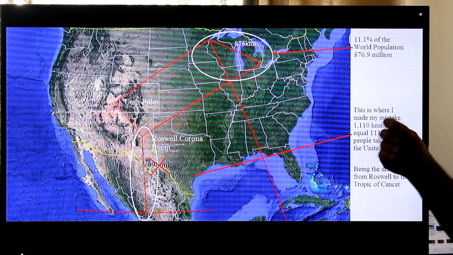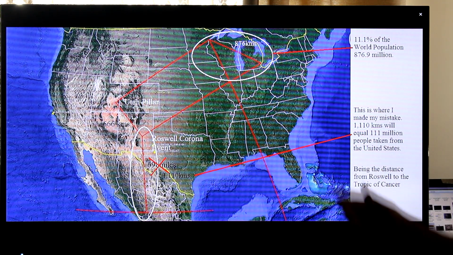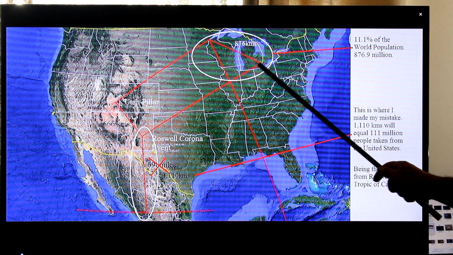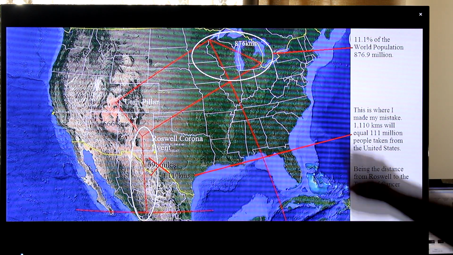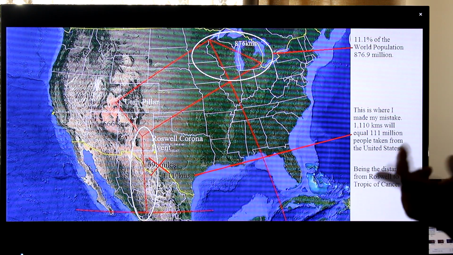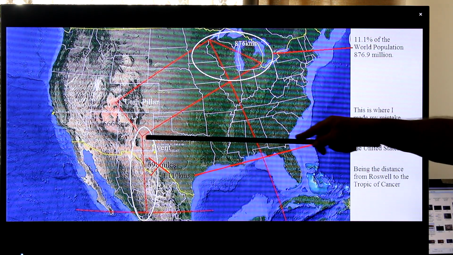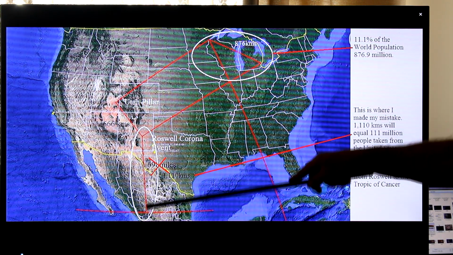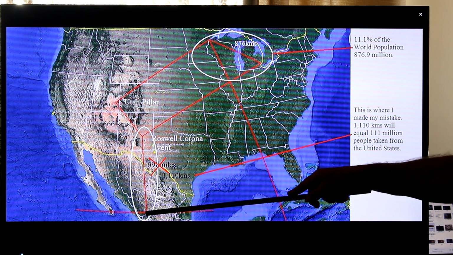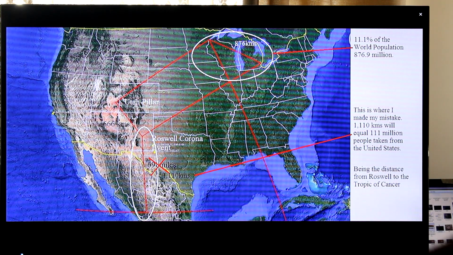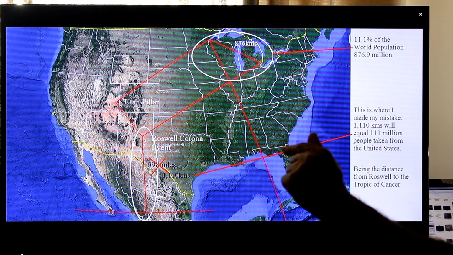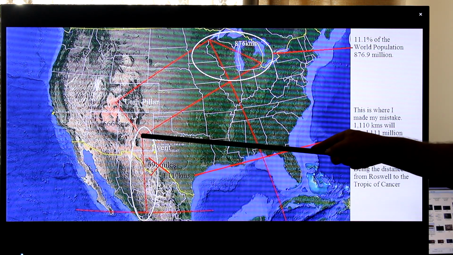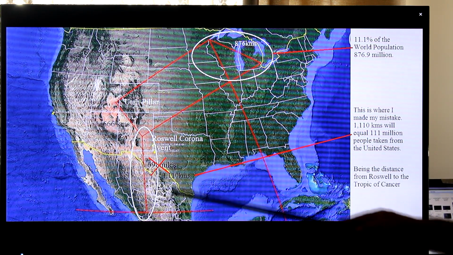Where I had said that the likelihood that those taken from America would be in the area of that in relation to the whole area of the United States was actually incorrect. The 111 million is being verified in the distance from there to the very line created by the tilted axis, in this case the northern tropics, Tropic of Cancer. The distance from Roswell, and the crash site is 33.33.33 north, the distance from that point to that line is